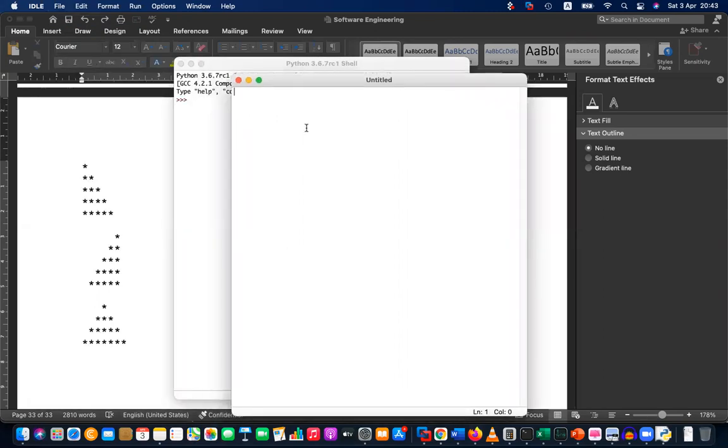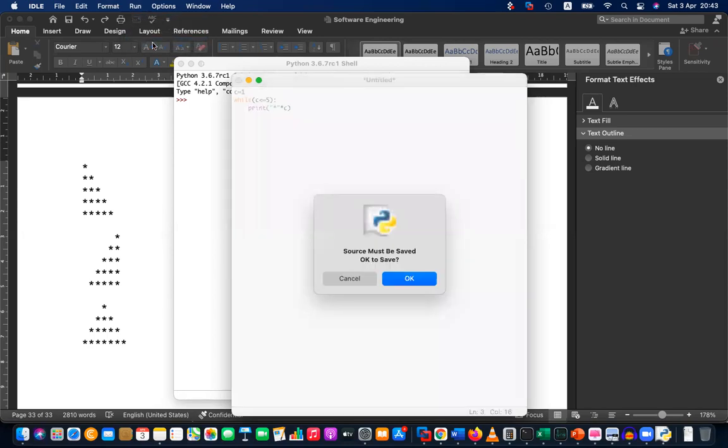Okay, it's simple. So let's use the same while loop, c equal 1 and while c less than or equal to, not 10, let's use 5. What I'm going to do is print the asterisk. And how many times? Print the asterisk c times. That's all. So if I write this and run this,